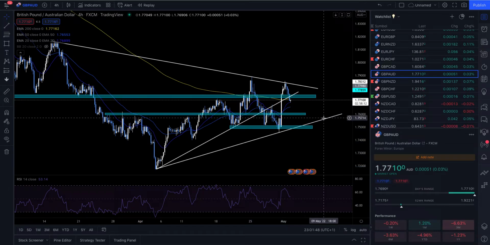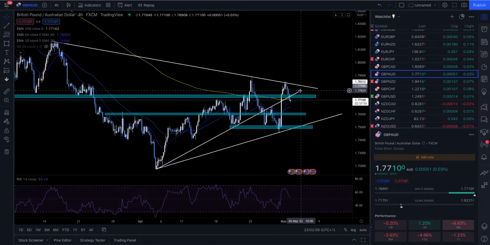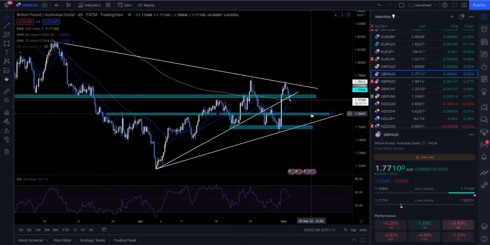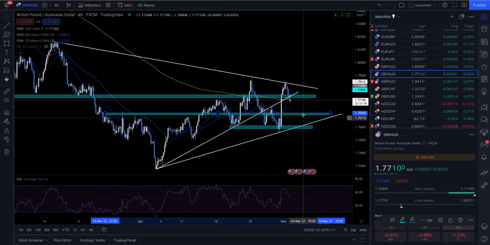for buys off there. So obviously the most reliable zones to take trades from are those with the most reasons to take the trade from. So that would be when there's multiple things lining up in the same zone, similar to what we saw here. The 200 moving average, the level of resistance, and obviously the trend line. Obviously these support and resistance zones in between are standing pretty much by themselves, so they're not the most significant areas to sort of base a trade on, but you can still keep them in just to see how price